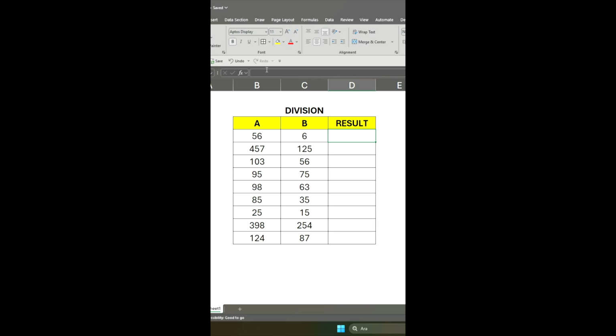In order to divide numbers in Excel, I'm coming to the cell that I want to write the formula, and I'm typing equal, and let's get the first number that we want to divide, and type slash, which means I will divide the number, and finally I'm getting the number I will divide by. Pressing enter, as you can see, we have the result.